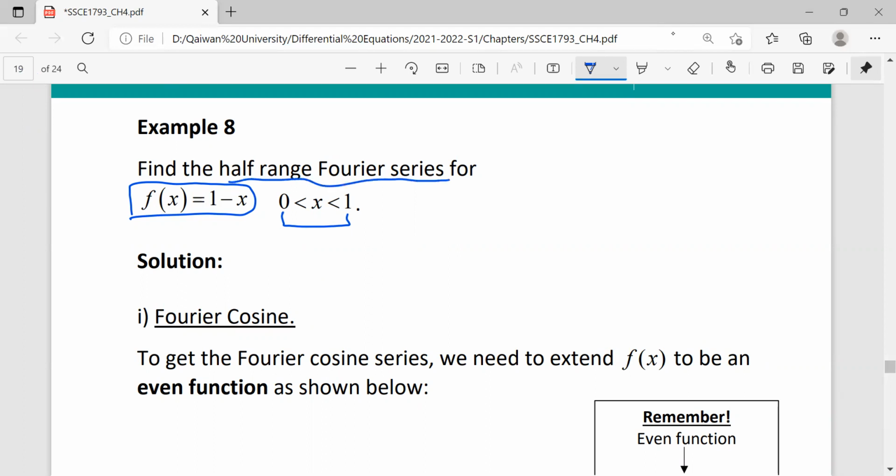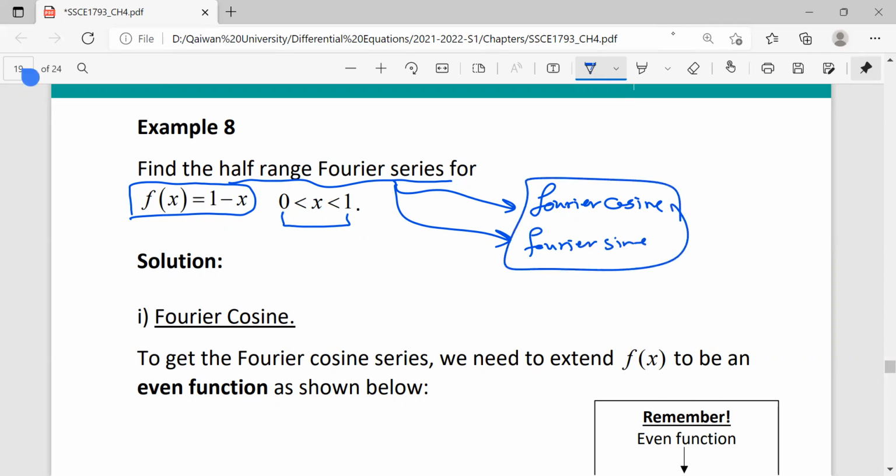the half range Fourier series, we should find Fourier cosine and Fourier sine. We must find both of these. If you are asked to find the half range Fourier series, we must find both the Fourier sine and the Fourier cosine. First, for finding the Fourier cosine series,